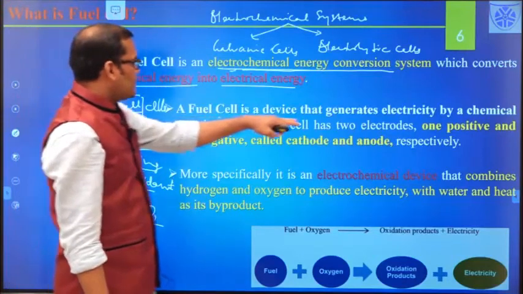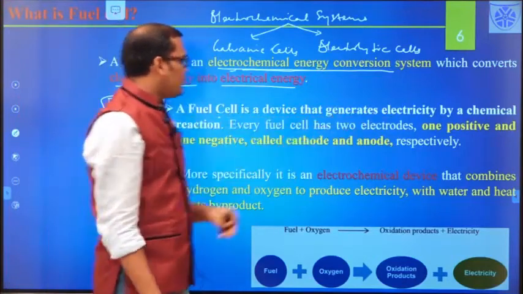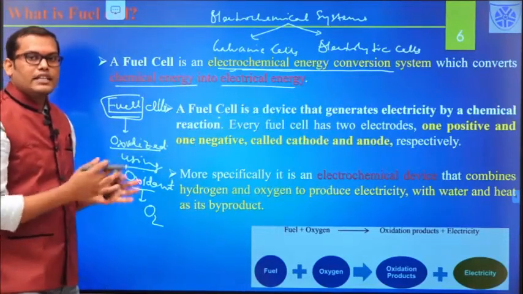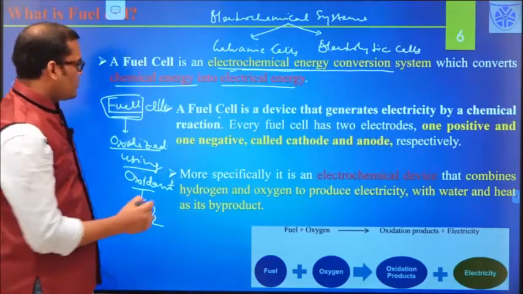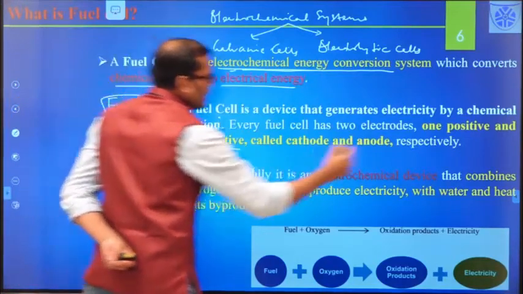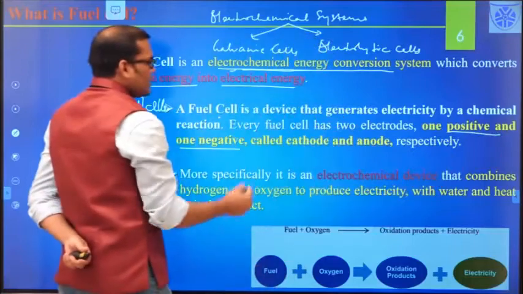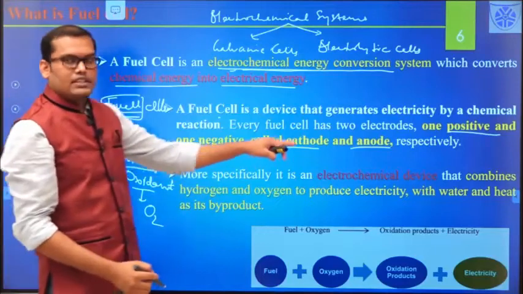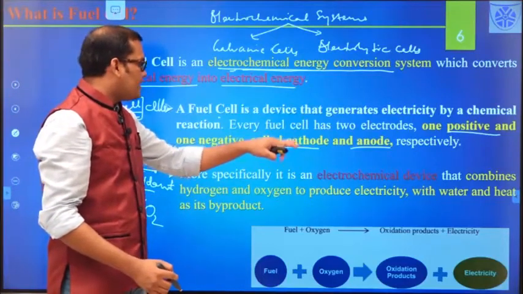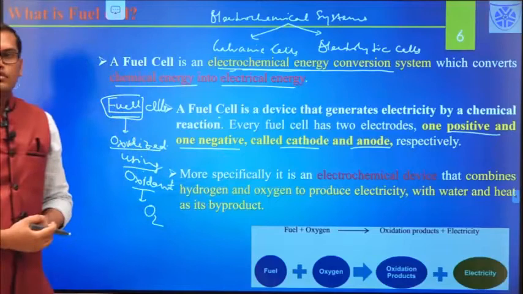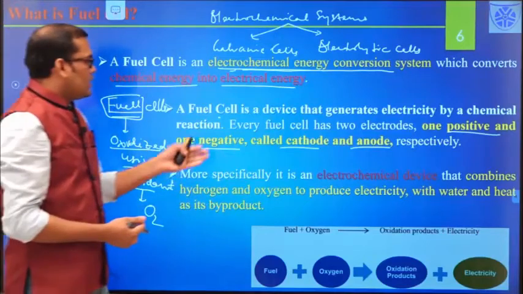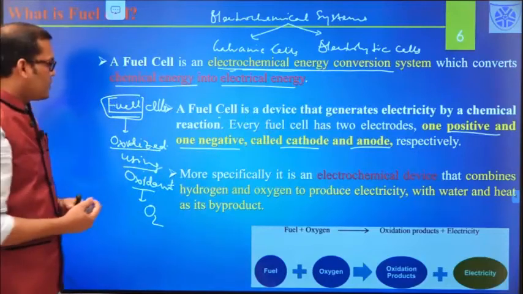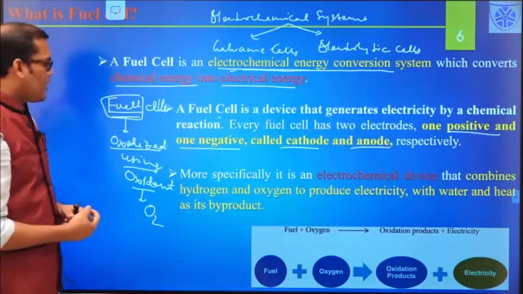So the fuel cell is a device that generates electricity by a chemical reaction. So those chemical reactions are occurring at each electrode. So there are 2 electrodes, the negative electrode and the positive electrode. So also you can call them anode and cathode. So this concept is coming from the galvanic cell. So there we call the negative electrode the anode and the positive electrode the cathode, right? Because we call it the anode, the negative electrode, because that is where the electrons are coming out, right? So that is the concept you must have studied in the last unit, right?